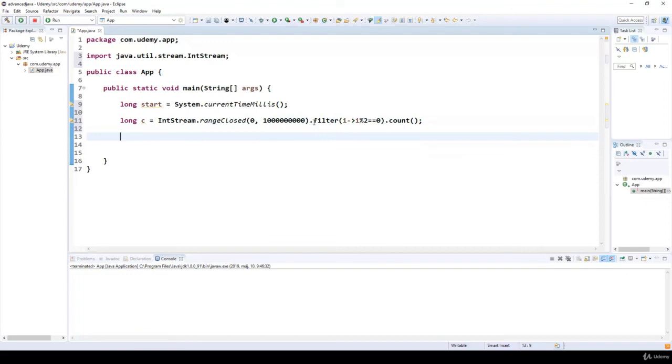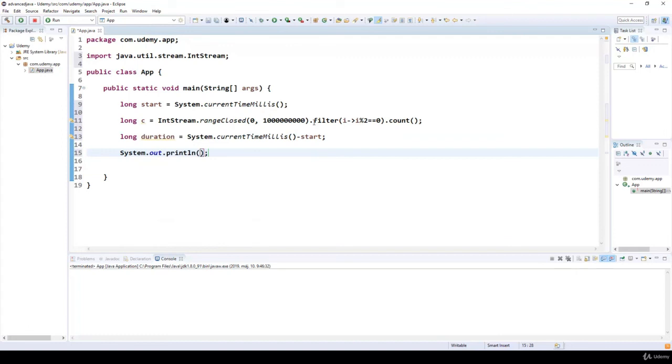This is the operation we are going to measure. So we have the duration, which is System.currentTimeMillis minus the start, and then I would like to print out counted, the c variable, plus the duration